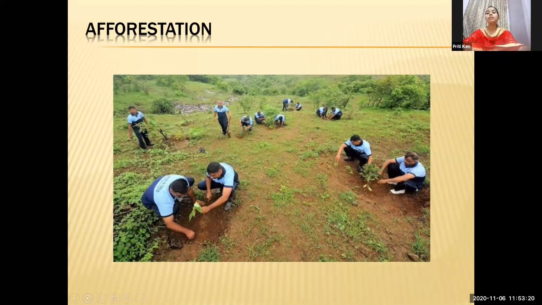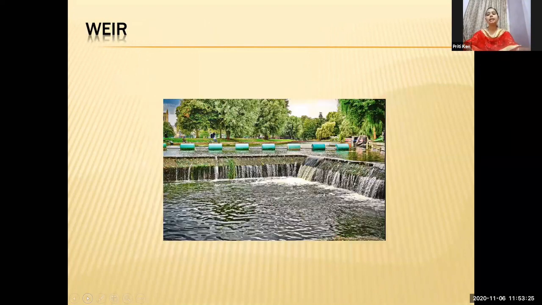So this will be a way to stop the cause of soil erosion. Now see the next slide. Weir. Now as I have told you earlier, only what is weir. See in this picture, you can easily see what a weir is. A weir is a low dam which is built across a river. A river is there, and in this river a low dam, a small dam, is built to raise the water level,